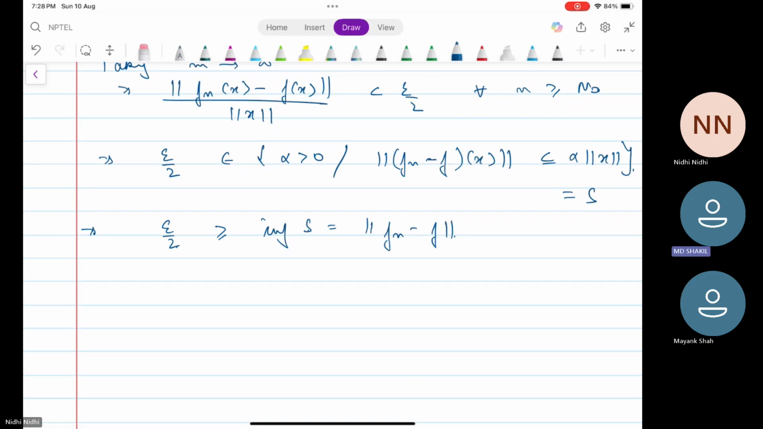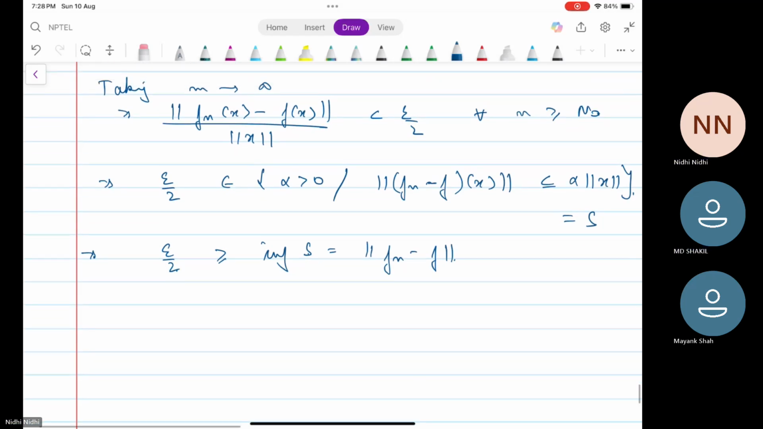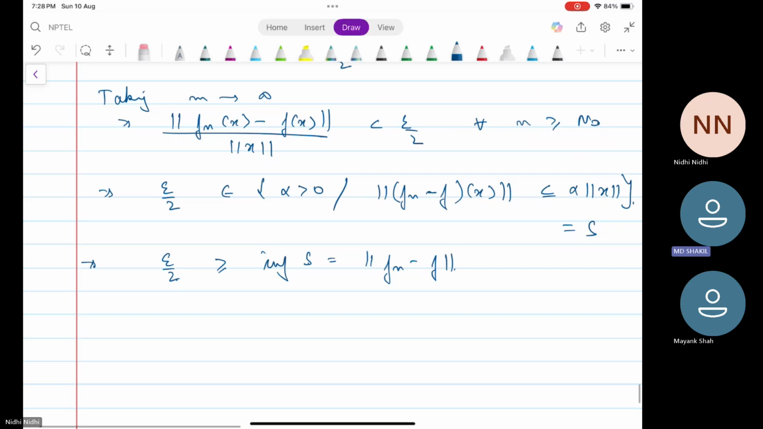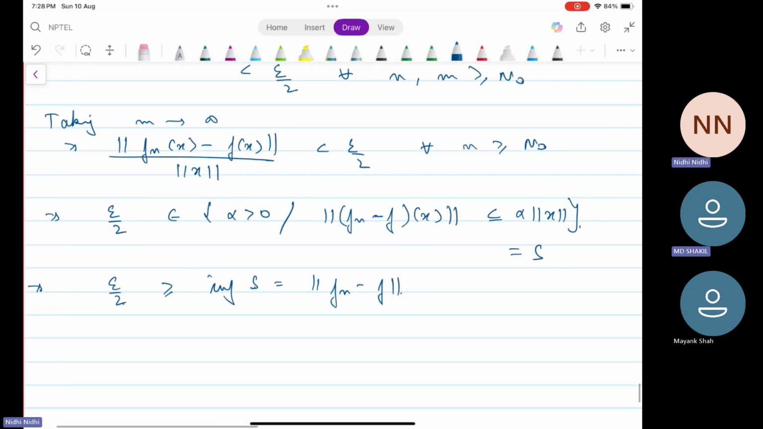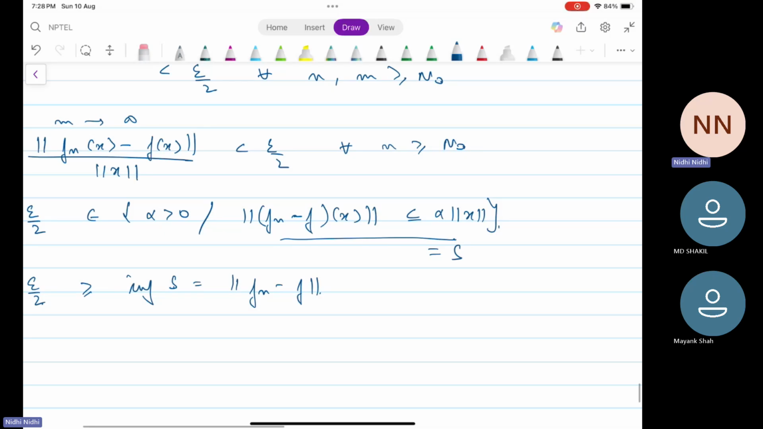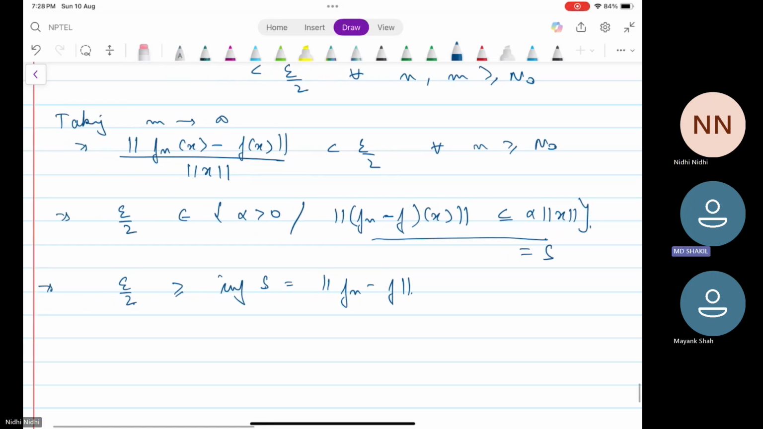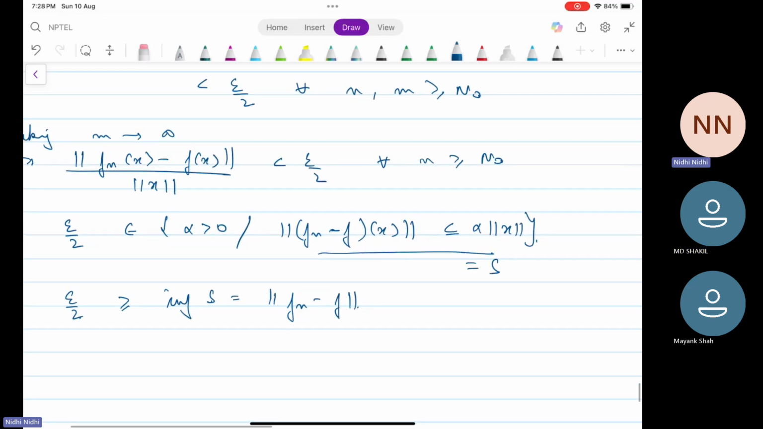But we didn't consider x equal to 0. x equal to 0 will trivially hold. For x non-zero, this is happening for alpha equal to epsilon by 2. And for x equal to 0, the left hand side and right hand side will both be 0, so any alpha will work, even alpha equal to epsilon by 2 will work. So I can write from here,